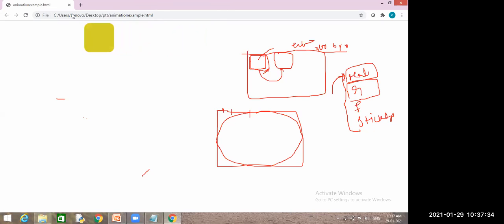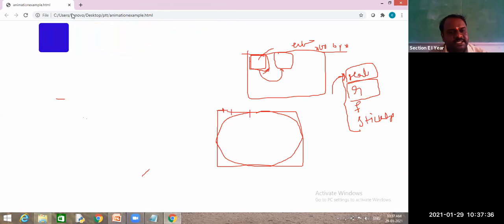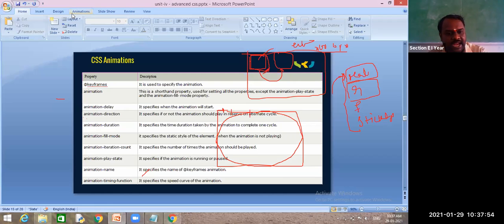Yes, sir. No, I don't want this kind of speed increasing and decreasing. I want this animation from starting to ending without increasing or decreasing its speed. For that, we will go for the animation timing function.